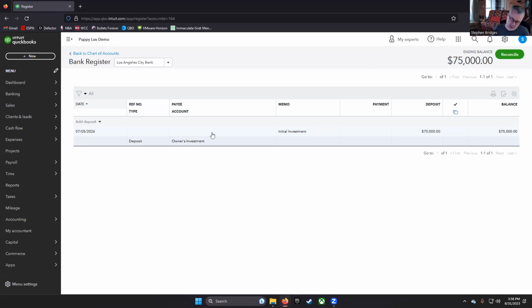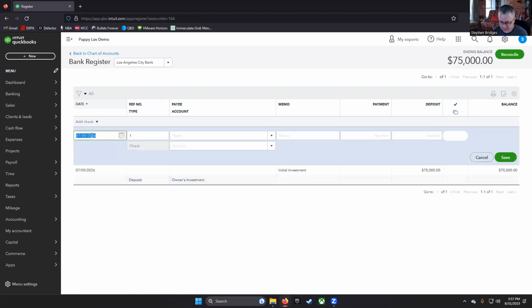So the first one we're going to do is just the 16 grand to get our salon equipment. So here we're going to go back to our banking deposit. We're going to make this a check because this is not a deposit. This also happened on 7/5/26, so you don't have to change anything here. In the reference field, we do want to make sure that this is check number 1